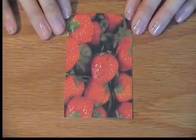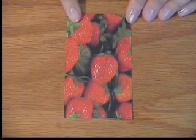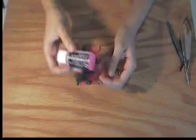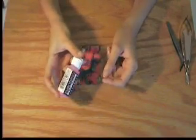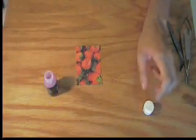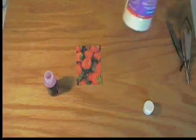Okay, embossing video number 2. What I'm going to do on this card is give these strawberries some dimension. This time what you're going to need is embossing pad inker. This is just the loose liquid, it's not a dauber. So just open that up, and then you're going to need some ultra thick embossing enamel, UTEE once again, and